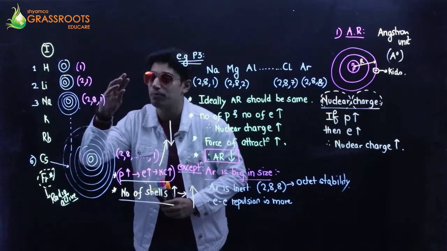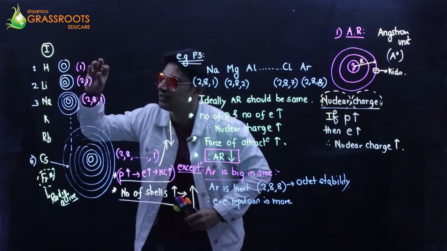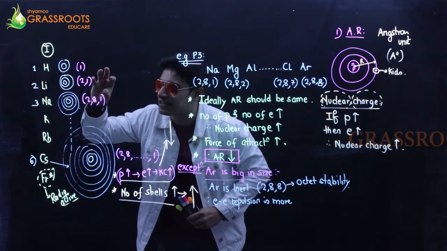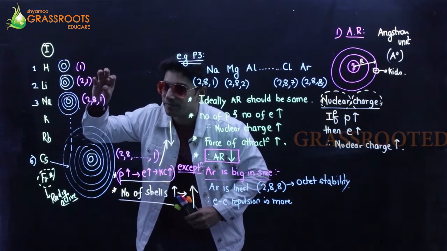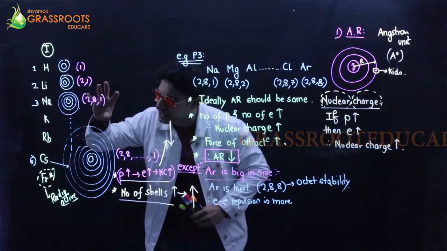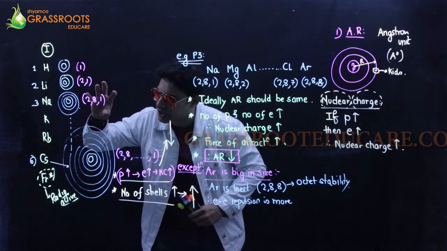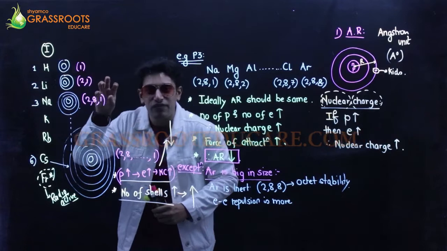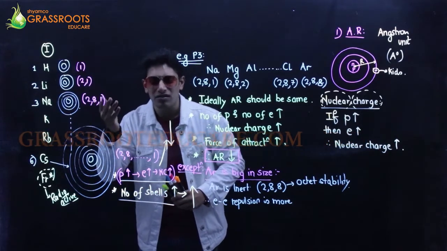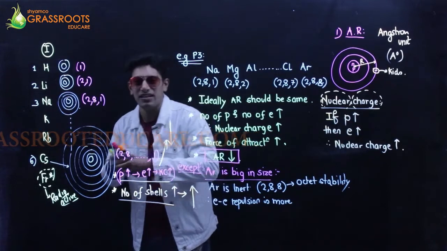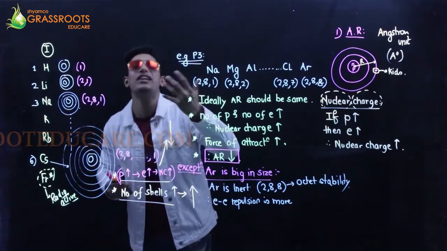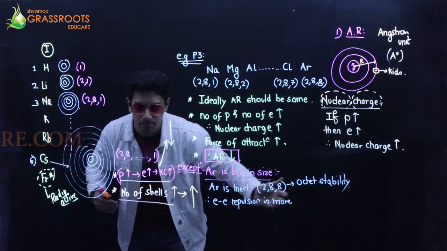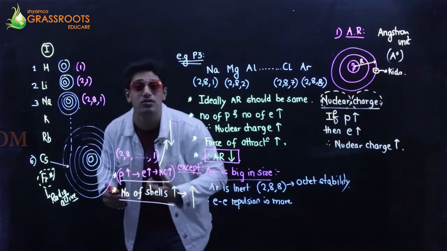Check my gestures properly. This was hydrogen. Look at my hand, the size. This was hydrogen. Lithium, one shell increases, but the pulling effect increases, so it will shrink. Sodium, one shell increases, but the pulling effect increases, slight shrink. So tell me, though there was a pulling effect, wasn't the pull small? So basically, the pull could not win. The pull could not overcome the effect of the number of shells.